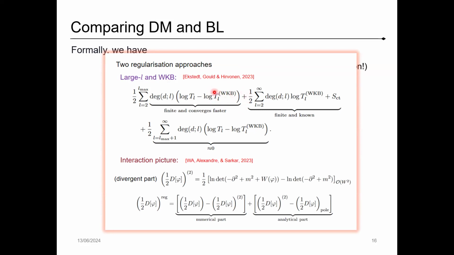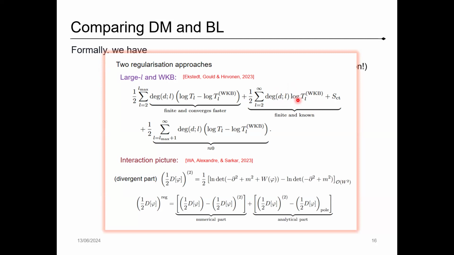Then you compute this numerically, and you subtract the WKB analytic solution, and then you get a finite part. This divergent part can be cancelled by the constants. Okay, so this is one way